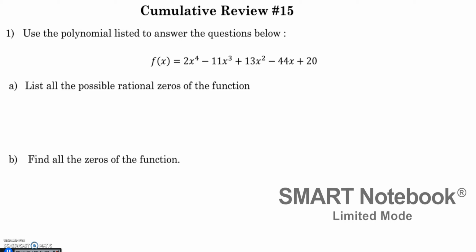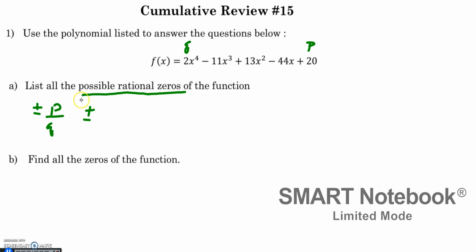Let's start here with number 1, where I'm asking you to first list all the possible rational zeros of the function, which help us before we graph it see what our options are. And if we'd like to do this, all the options are from plus or minus p over q, and to remind you, the p value is the constant term and the q value is the leading coefficient. And so what we do is we take the factors of the p term divided by the factors of the